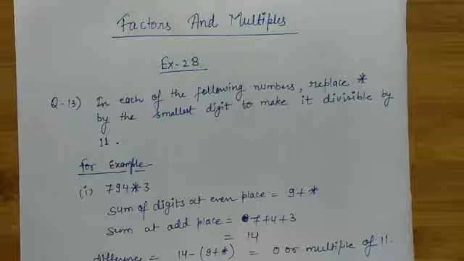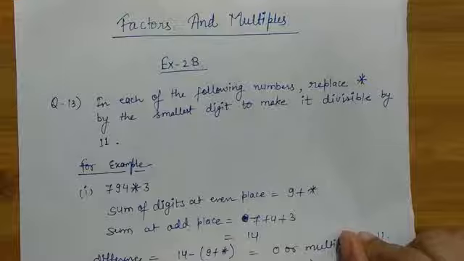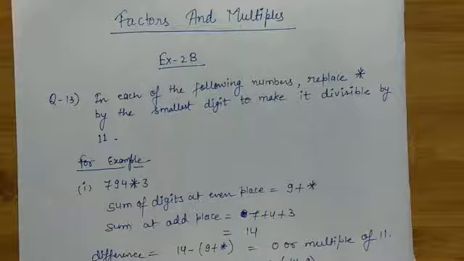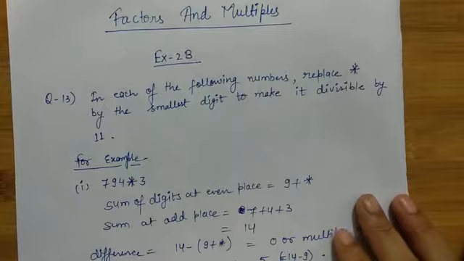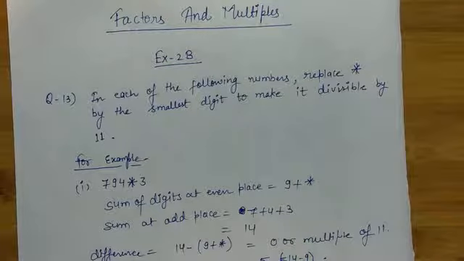Today's class is on continuing the exercise 2B. So we have done the question number 11 and 12 on Wednesday, and we have to continue today from question number 13. Earlier we have studied about the asterisk symbol, and it was given that it is completely divisible by 3 and 9. So now today we have to continue in the same case, but the procedure will be changed because they are saying you have to find the asterisk, the smallest digit, which makes the given number divisible by 11. So I am showing you the questions in the book.